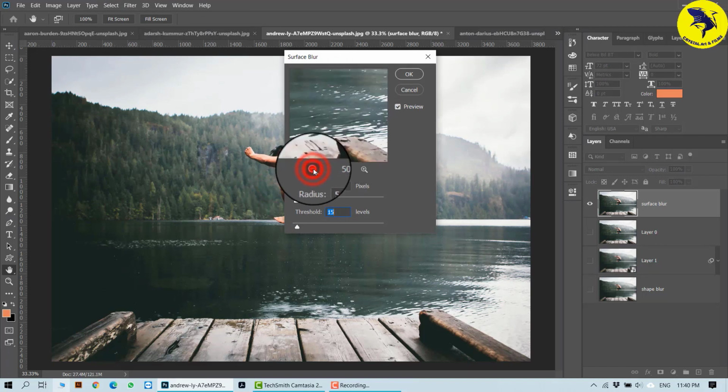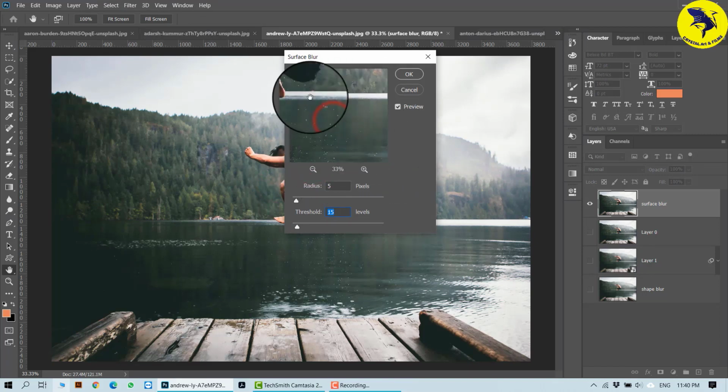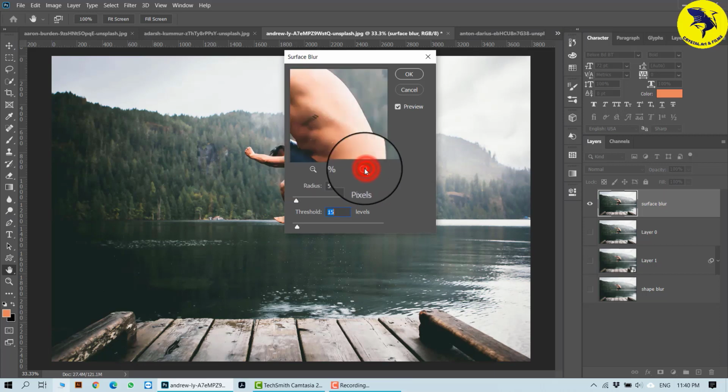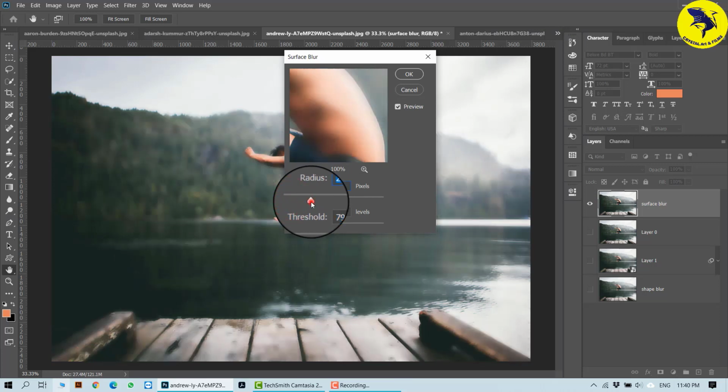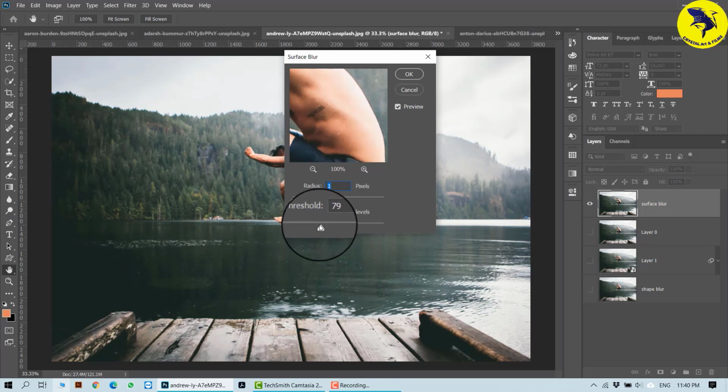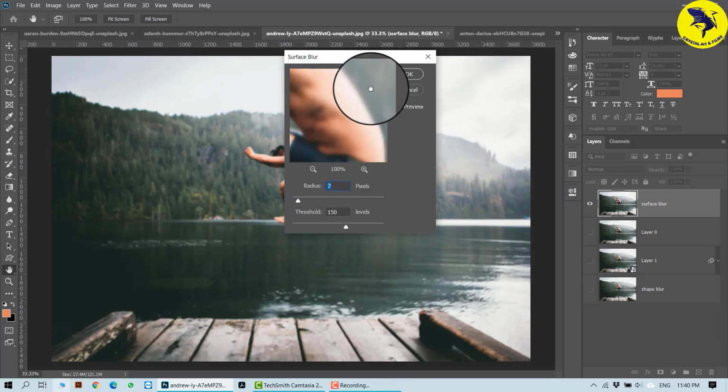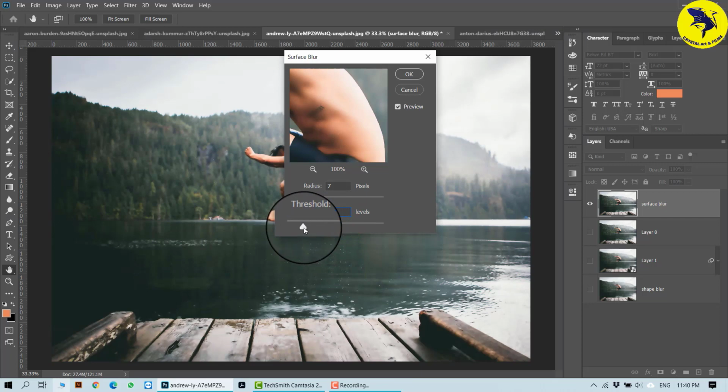So what this actually does is, if I focus onto some area, like this man, and if I increase the threshold, see, he tries to maintain the edges and he smoothens the area within that. It's just like your radiuses are there and your blur is happening within your surfaces. Now if I give 0 radius and keep on increasing the threshold, a little increase in radius is enough to give the blur. And you can see if I reduce the threshold, the edges are maintained and the blur is actually happening inside